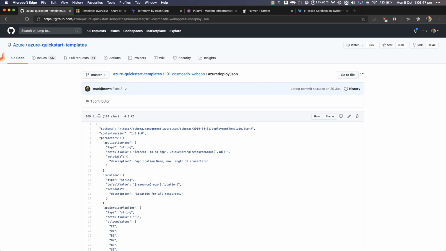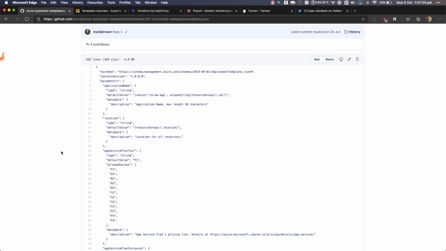This particular template describes deploying a web app that connects to Cosmos DB from GitHub. So 3 resources. 3 things happening here. 2 of them are only Azure resources. Deploying from GitHub. Oh, yeah, that's right. Yeah. So if I scroll down,